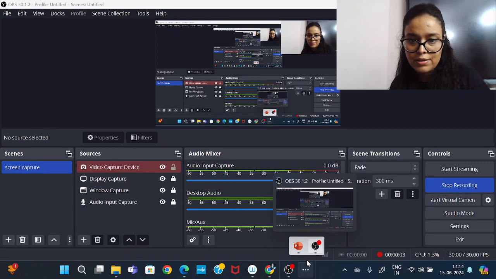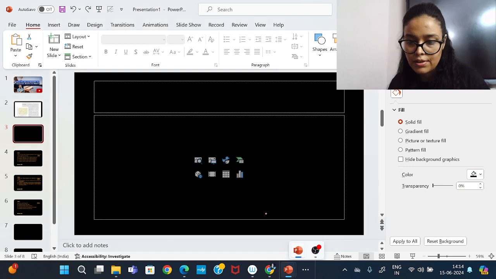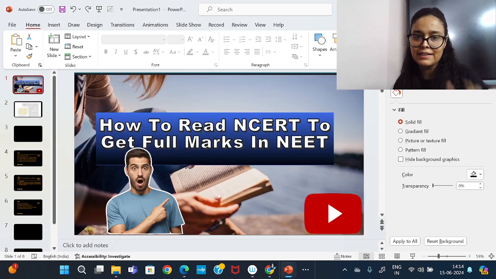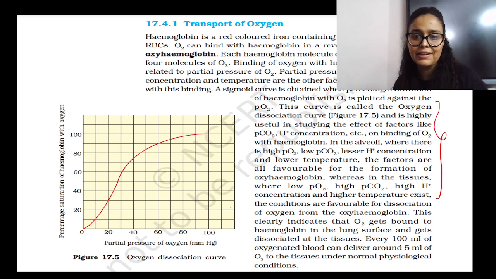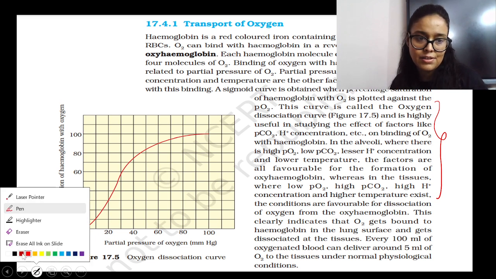So today I'm just going to share with you how to read NCERT in order to get full marks in NEET biology special. I have chosen this very easy chapter for you kids, and especially I have taken the oxygen dissociation curve paragraph, and we will see what kind of questions they will be asking from this curve, right? This whole paragraph, we will read it later. First we need to understand what exactly this paragraph is talking about, and why you have to study it in a very detailed way, in a very nice way. So we'll see everything.